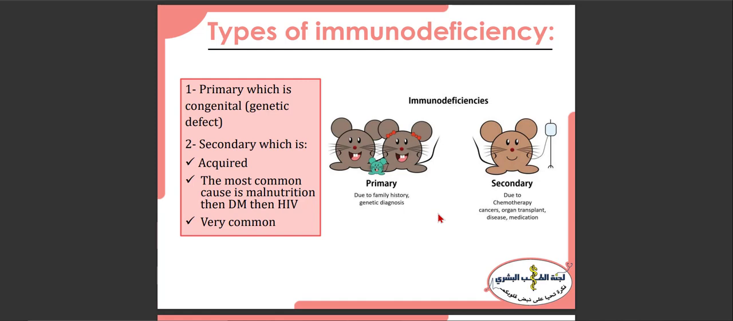And the most common causes of secondary immunodeficiency is one, malnutrition, then DM, which is diabetes mellitus. The third one is the HIV, Human Immunodeficiency Virus. هسه بيجي واحد بيسأل كيف ممكن المالنوتريشن اللي هو سوء التغذية يعمل عنا immunodeficiency؟ ببساطة مثل ما كلنا بنعرف إنه